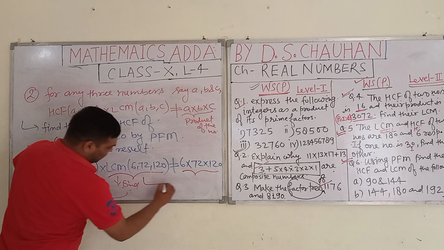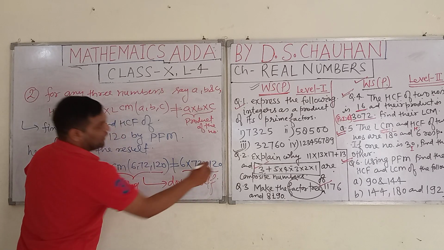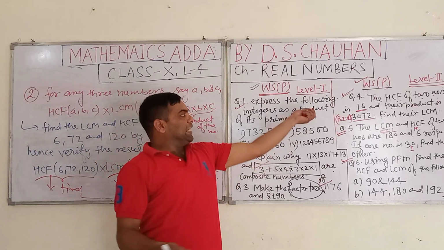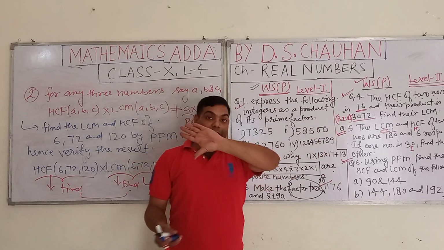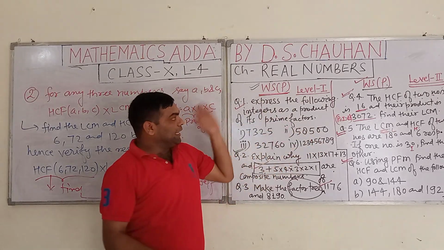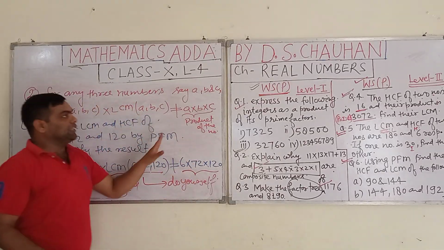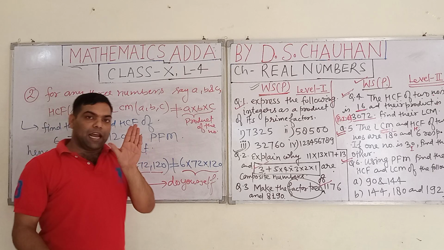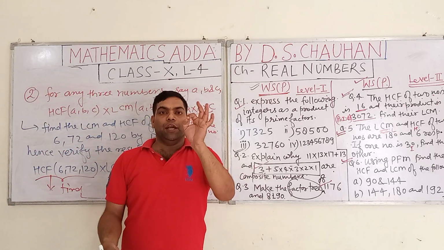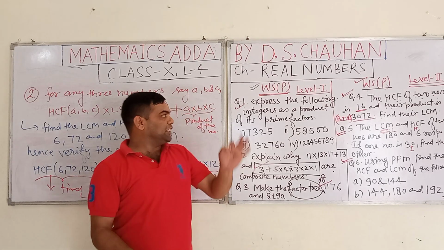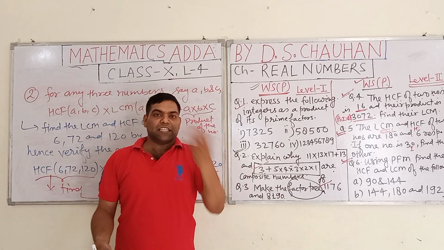So I am leaving this problem for you. Do it yourself or complete it yourself. And students, many more questions I have left for you. You have to solve them easily by getting the concept whatever I have described. So in this way, student, the session related to fundamental theorem of arithmetic along with the prime factorization method is over. And students, only one more conceptual lecture will remain to complete this chapter, that I will tell you in my next lectures.